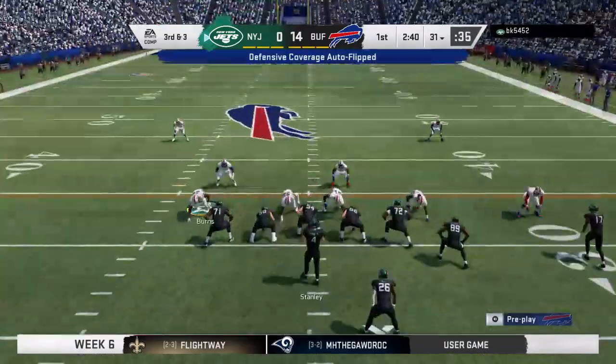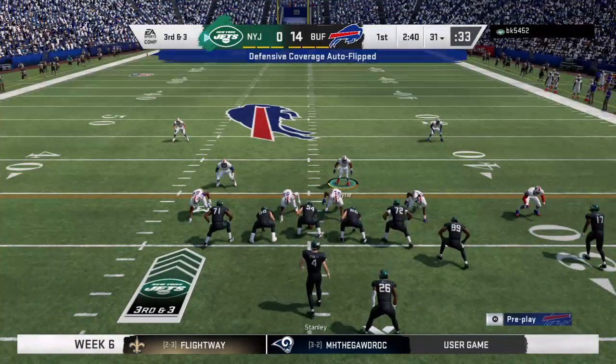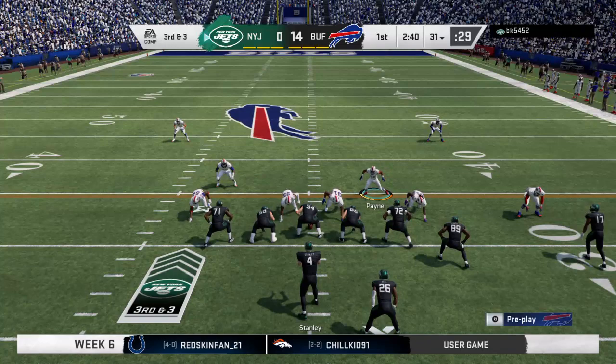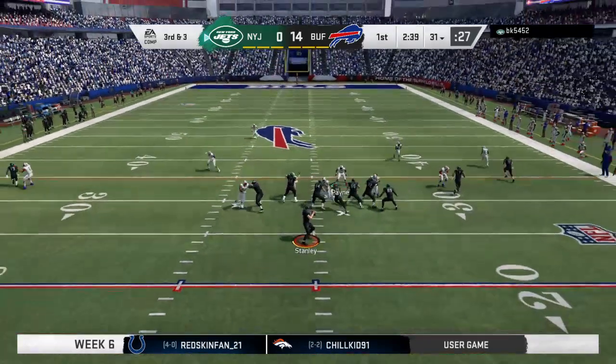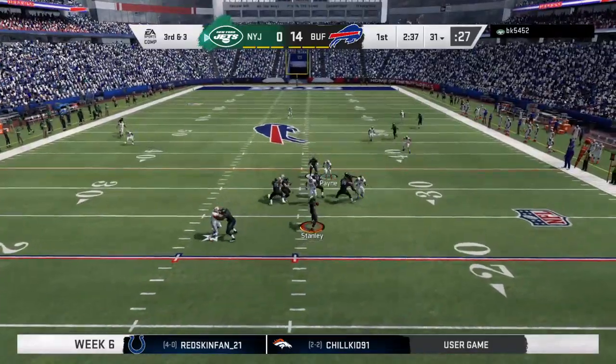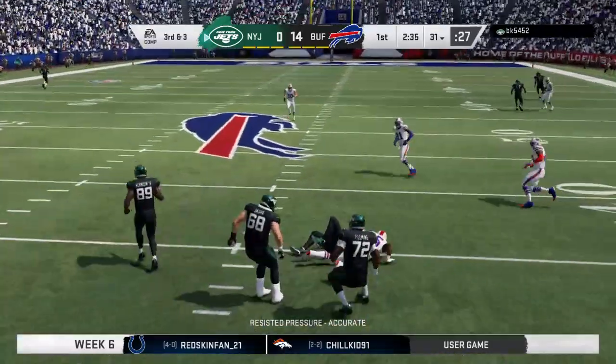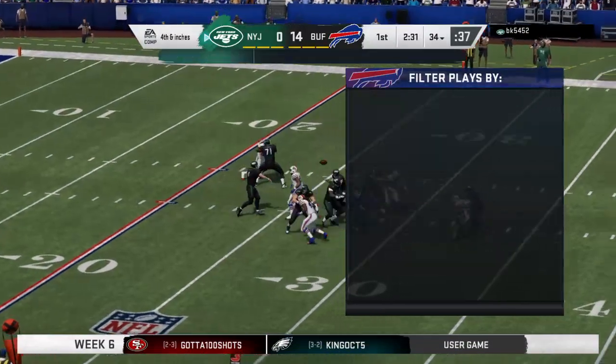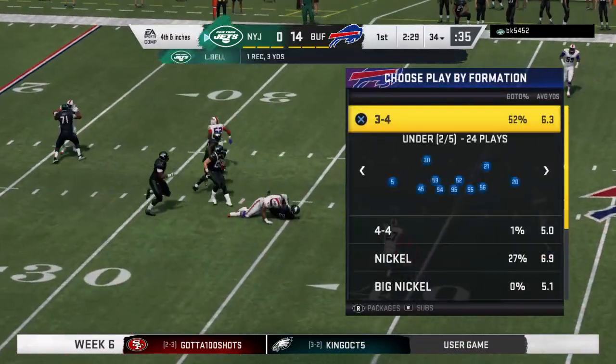An extra defensive back here for the Bills on 3rd down. Operating from the gun, Stanley goes underneath for Bell, and he will be very close to a 1st down, but I see the closed fist of the referee, and